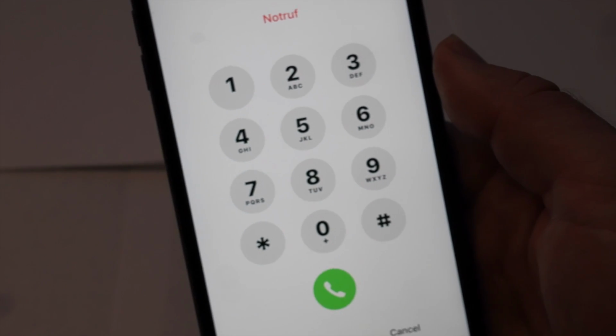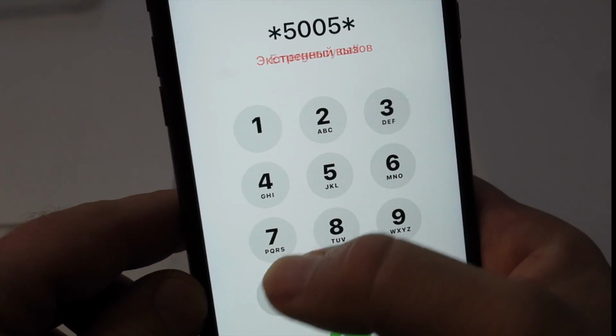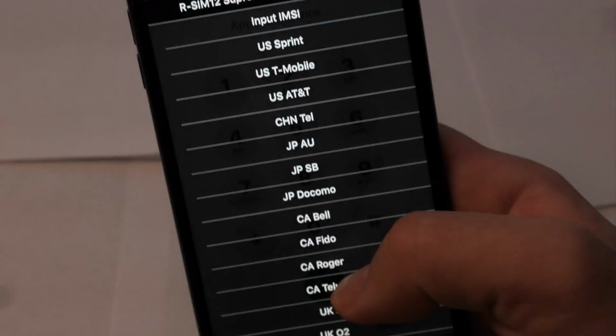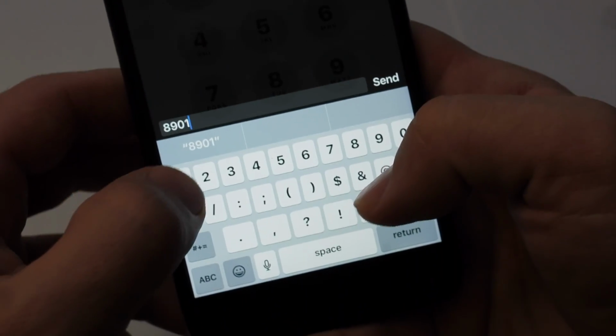And we gotta call this number. It's gonna be *5005*7672*0# and then hit send. After that, we're gonna go all the way to the bottom to edit ICCID. And as of February 2nd, this code works: